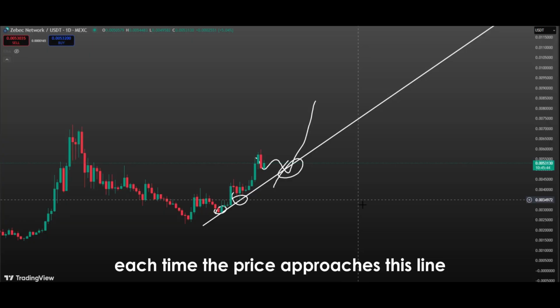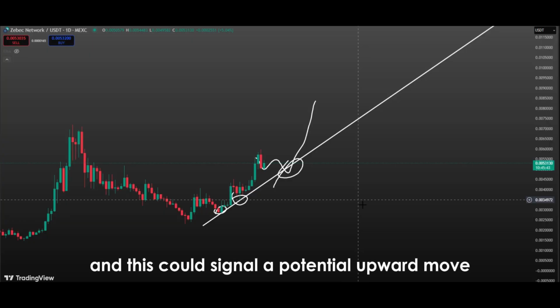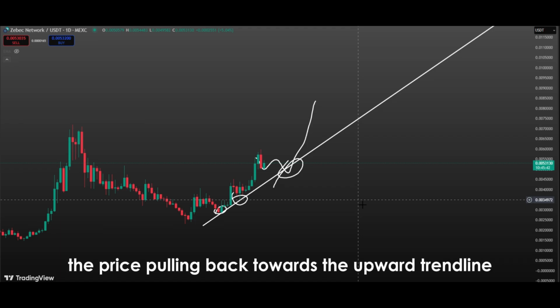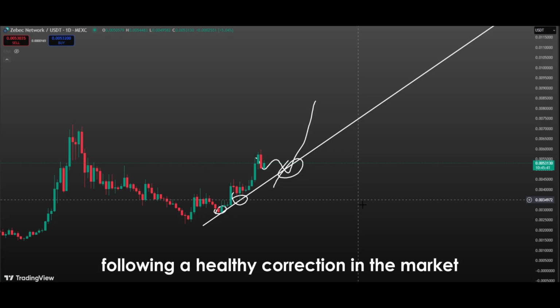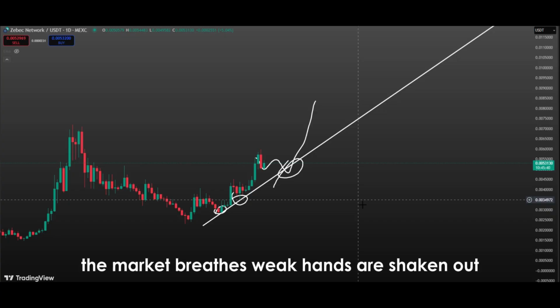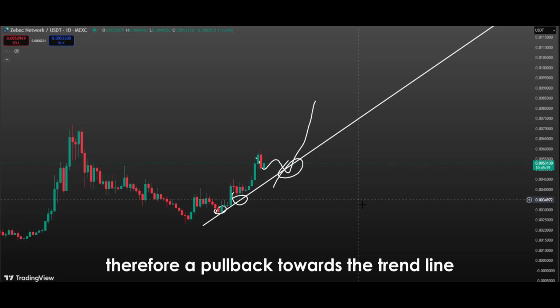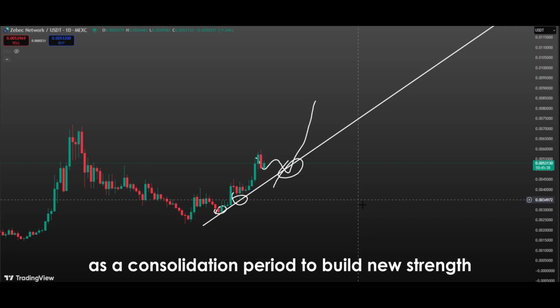Each time the price approaches this line, the likelihood of buyers stepping in increases, and this could signal a potential upward move. In this scenario, the price pulling back towards the upward trend line and then bouncing from it would indicate a continuation move following a healthy correction in the market. Healthy corrections often precede more sustainable and stronger rallies. During such corrections, the market breathes, weak hands are shaken out, and strong investors strengthen their positions. Therefore, a pullback towards the trend line should not be seen as a weakness, but rather as a consolidation period